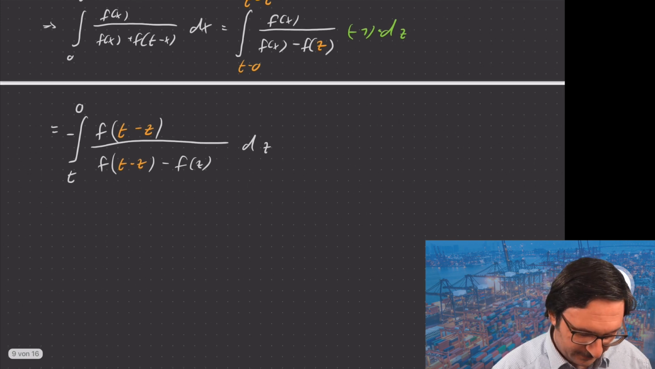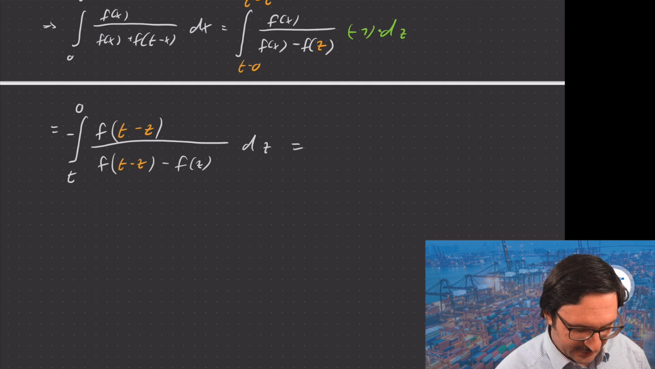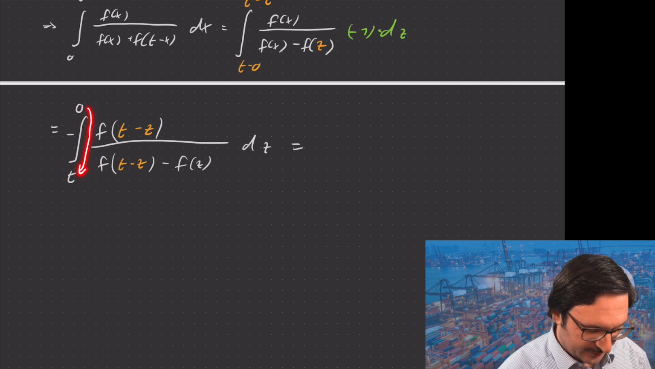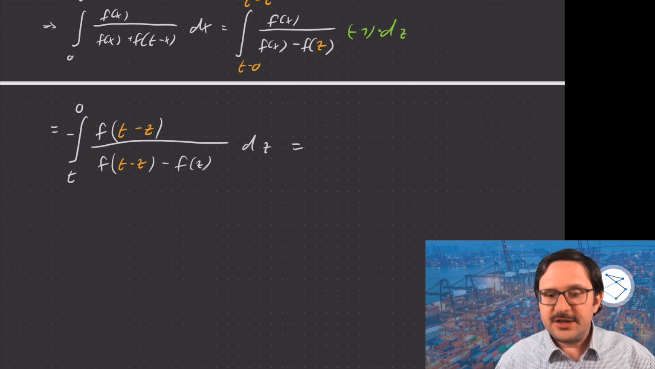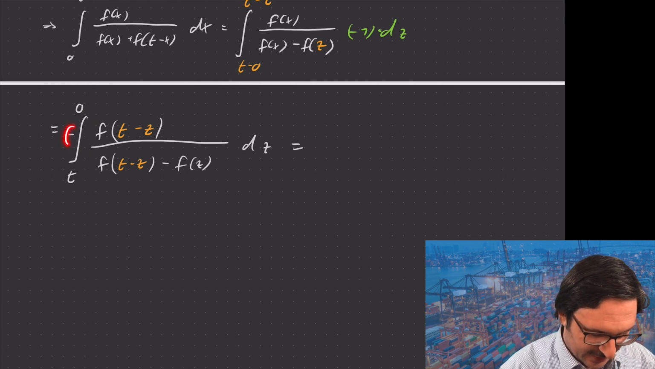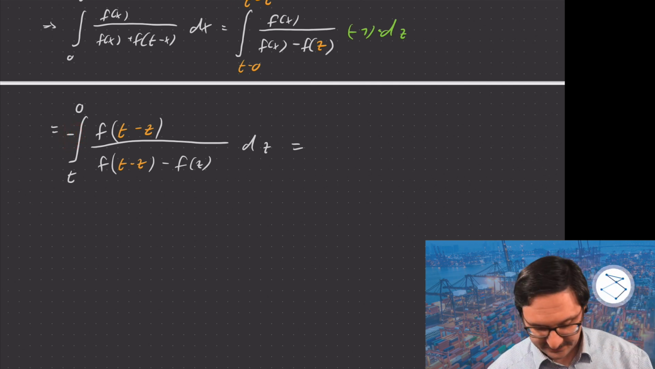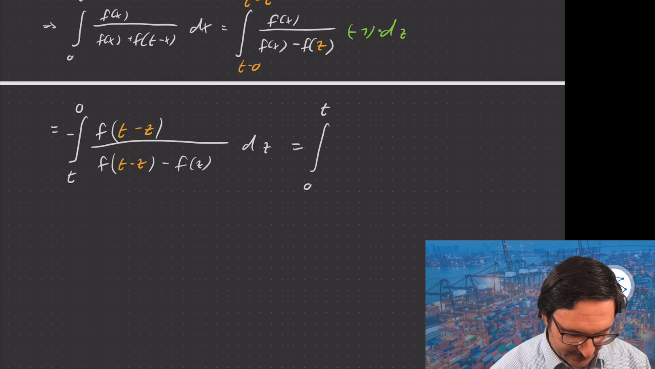And finally, one last step. You know that we can just reverse these integration bounds. So we can exchange upper and lower bound. And what that does is it changes the sign of the integral. So if we do that, then this minus here will become a plus. So this is the same as the integral from 0 to t